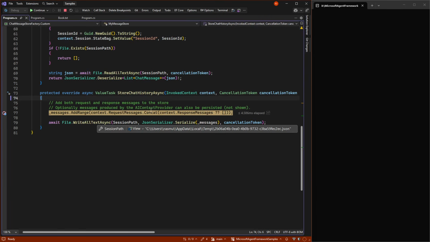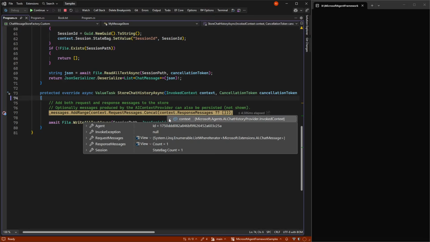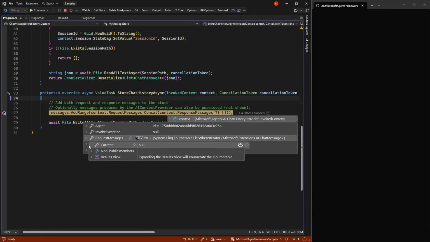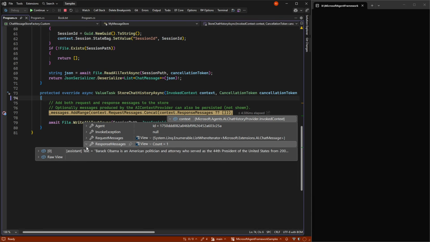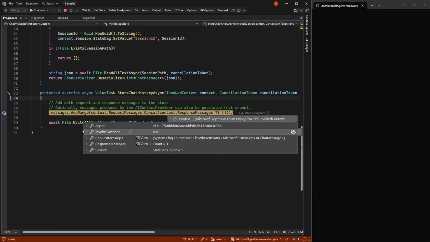with one state being session ID, and it has a value way down. So we also in context get the request messages and the response messages. The request message was who was Barack Obama, and the response that we haven't shown to the user yet is here.